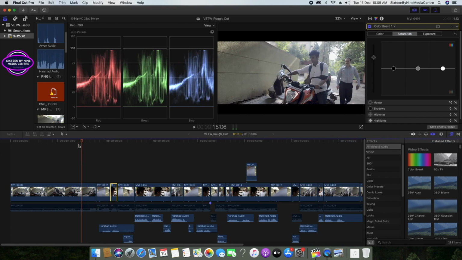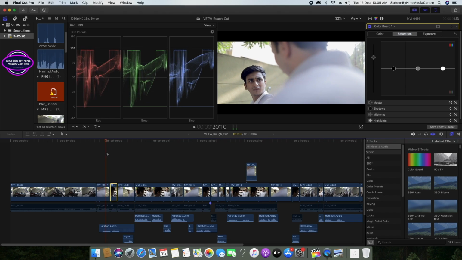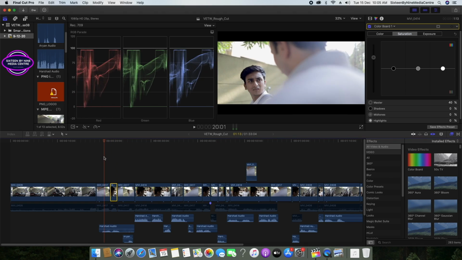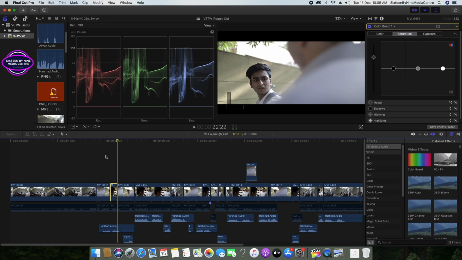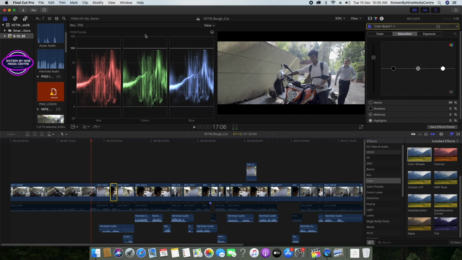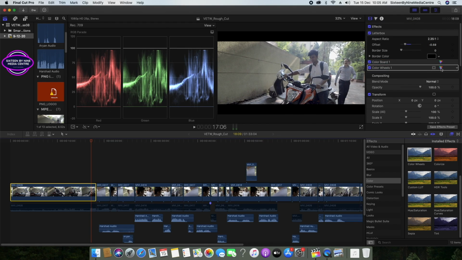Now this is the color correction part. We have corrected the footage, whatever the mistakes, underexposed or no colors, and we have corrected the footage. Now we will start actually putting the saturation. We have already started color grading, but now we will start it again and take it to a different level. So I'm selecting color over here, and color wheels I will be selecting, and RGB parade I will keep open. I will go back and select this clip. You can see color wheels coming up.